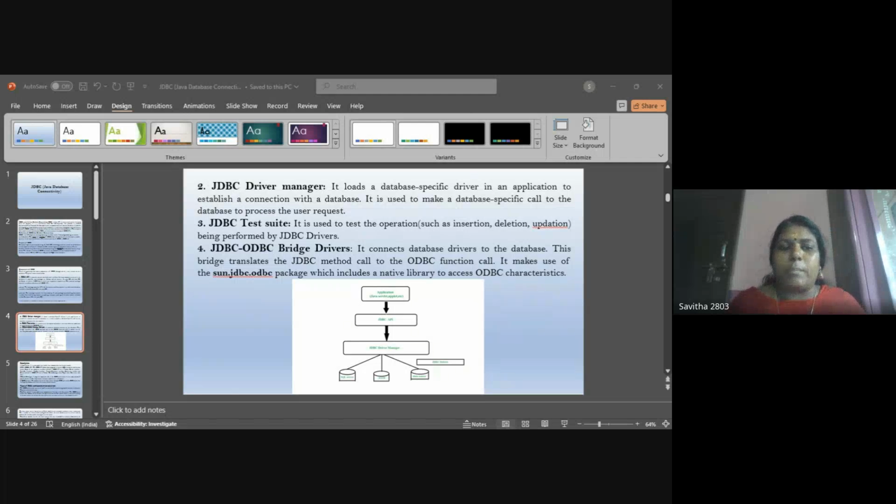So the interfaces are the driver interface, which enables the functionality of the driver manager class, and the connection interface, which contains the get connection method. This is the connection establishment feature, and it is enabled by using the connection interface.